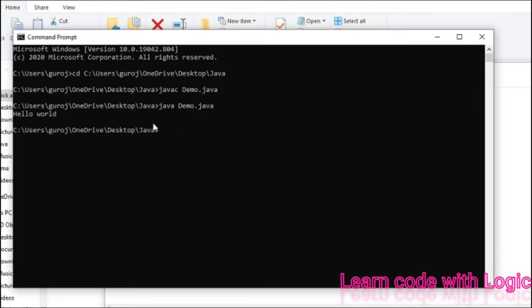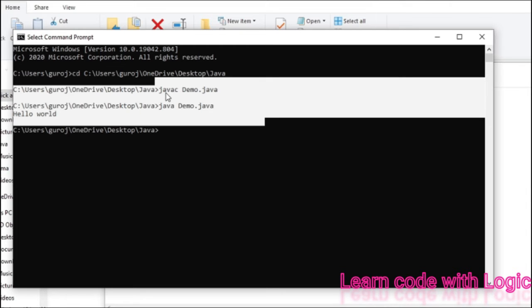So you need to be very clear about the syntax, because if you write even some small thing wrong, it doesn't show up, meaning it doesn't compile or run. Just make sure that for compiling you give javac, then the name of the document, and this is the extension, you need to add this one. For running you need to give java demo. Demo is like the Notepad file name. You have to follow exactly the same syntax for compiling the program.